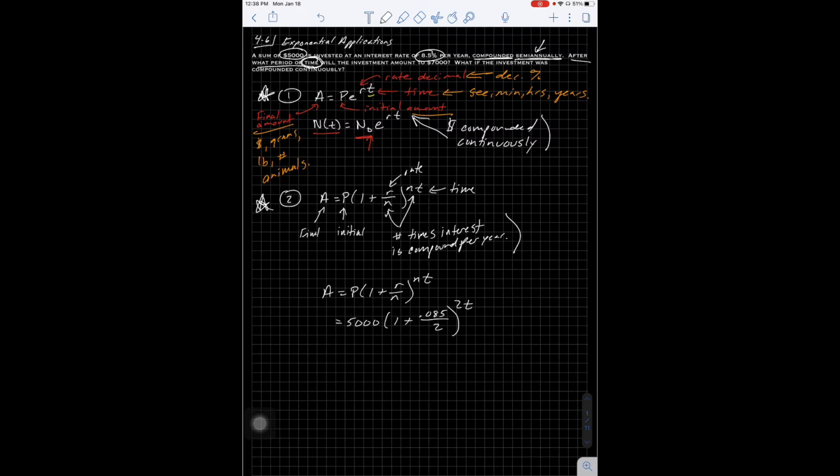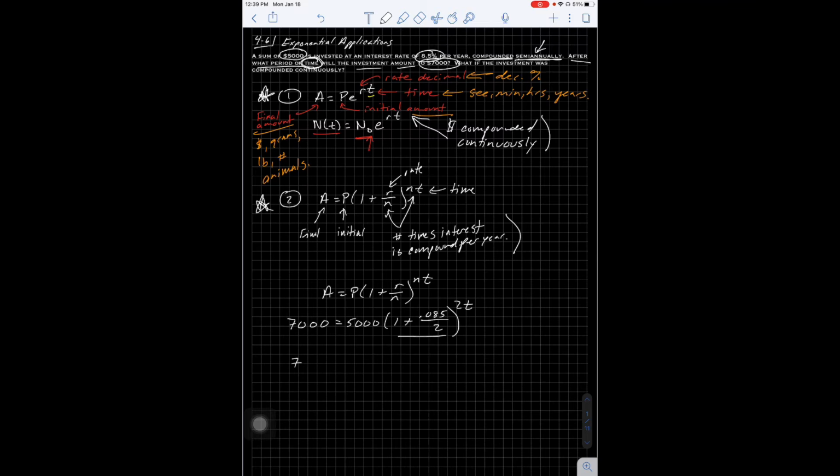So again, the label is going to help you decide which letter you're solving for. Will the investment amount reach 7,000? So that's going to be my final amount. Okay, and then we're going to solve this equation. So look at what we have here. In the parentheses here, if I plug that value into my calculator, I get